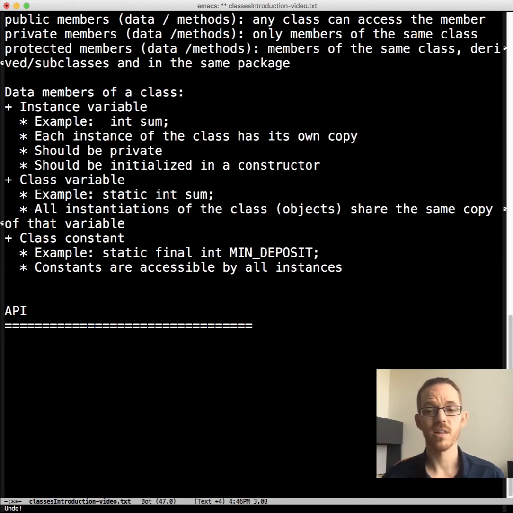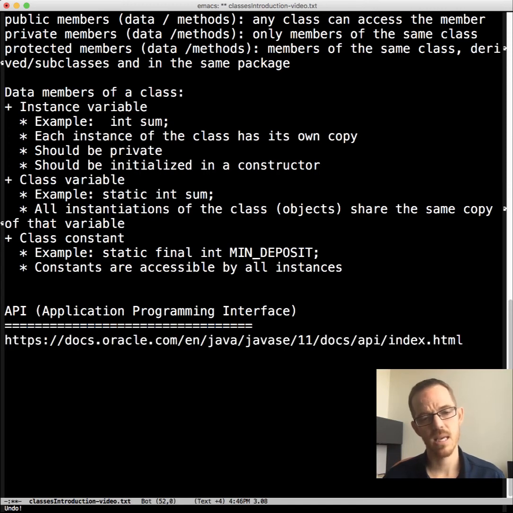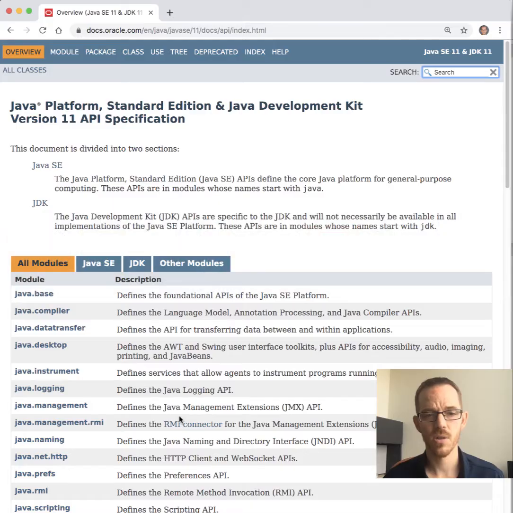Java comes with a lot of classes, and these are documented in its API. API stands for Application Programming Interface. The current long-term service version for Java is located at this URL. Let's go there.